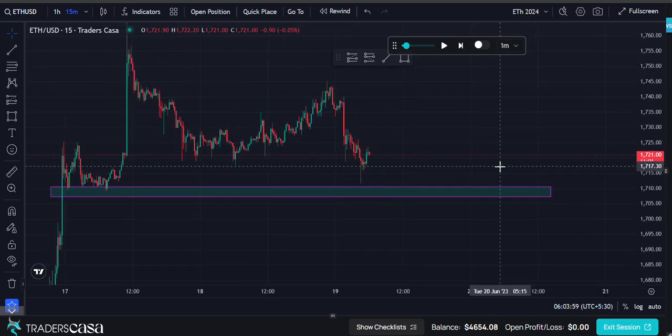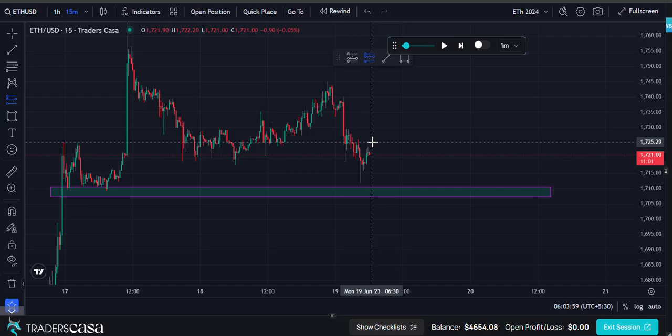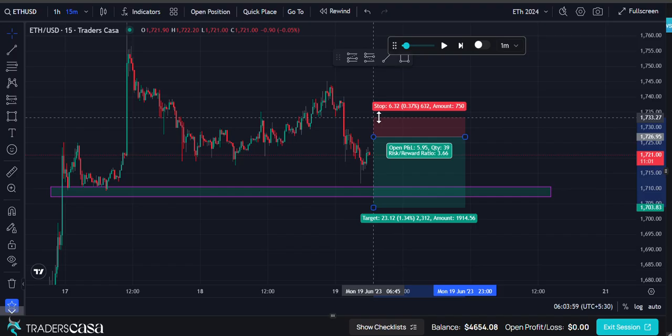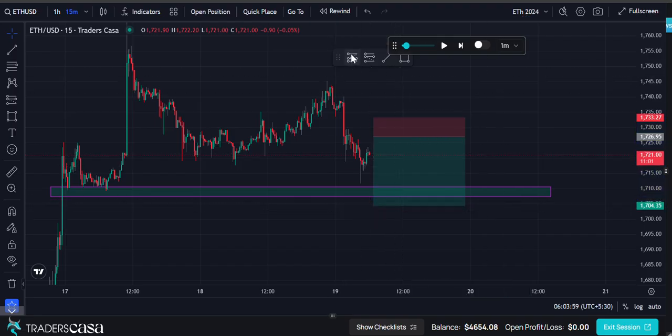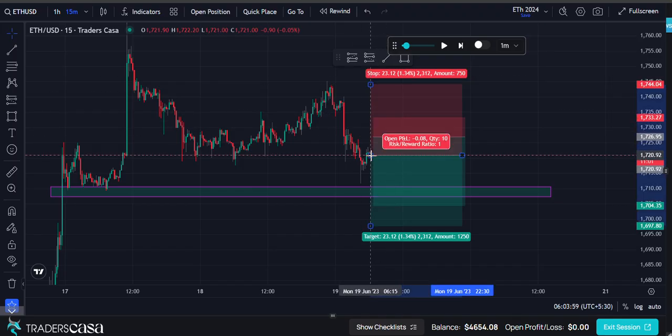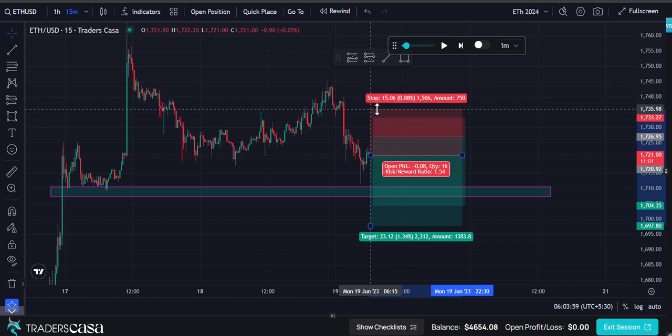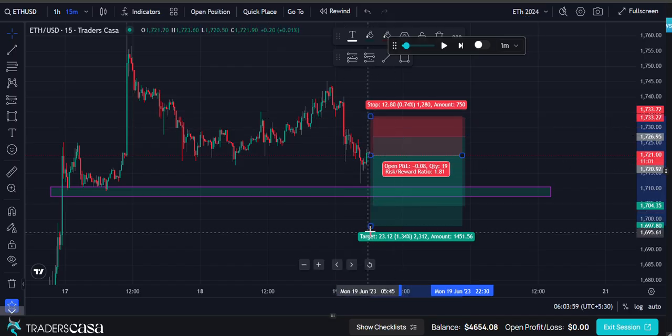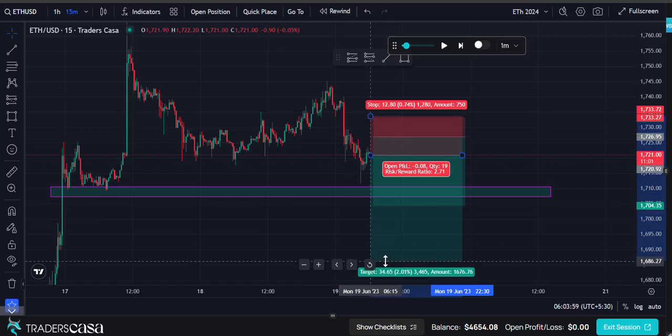But what should we do? We have two options. First, we take the trade there, and my stop loss is almost at this point. The second option is this: I enter the trade there and take the stop loss at this level. I think 34, half of that candle, because there is very low chance the market falls down, and I'm wrong.